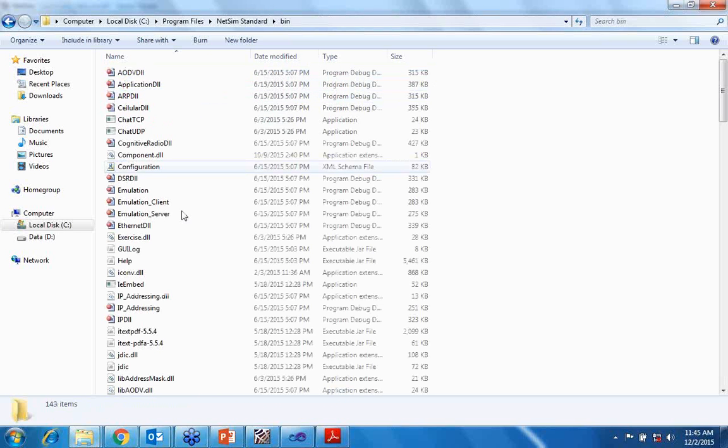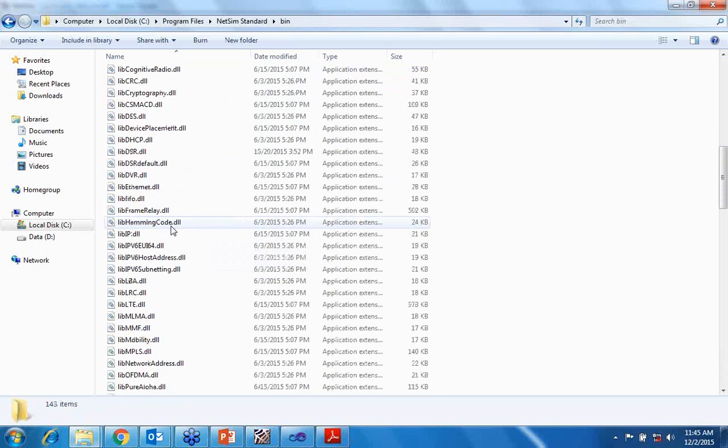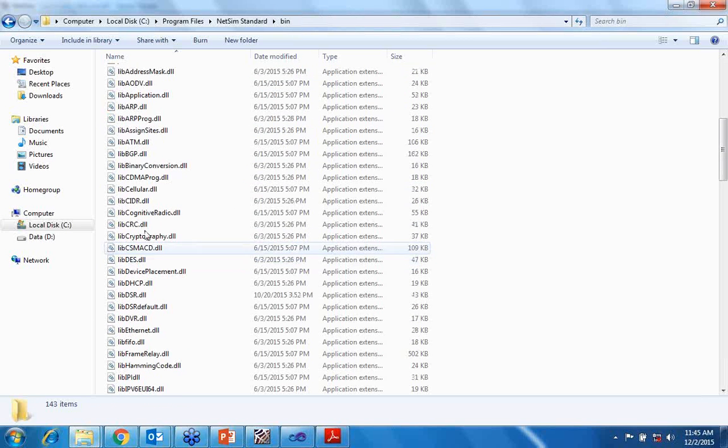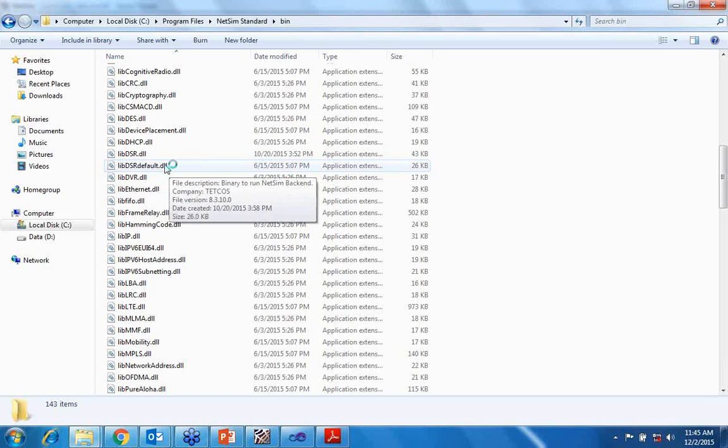In the bin folder, some protocols are given here which are implemented in the NetSim. Their DLL files you can see. So NetSim accepts the .dll extension only for these protocols. Okay. So whatever changes we want to make, we have to go to the Visual Studio and do some changes here, and we can build it and make our DLL, and we have to copy that DLL into this bin